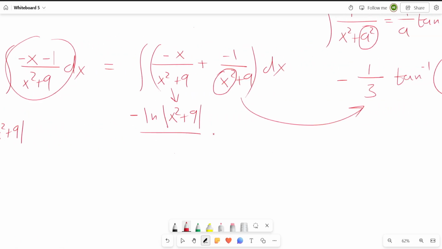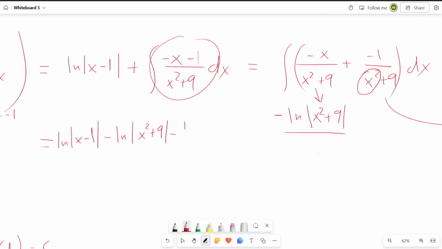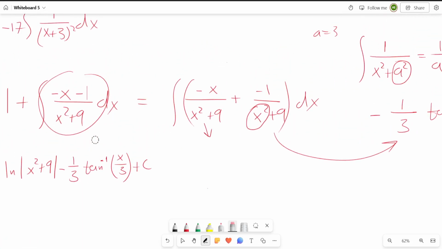Okay, and then we have minus 1 over 3 tan power negative 1 of x over 3. And we cannot forget our constant of integration over here. So our answer is going to be ln of x minus 1, this part,